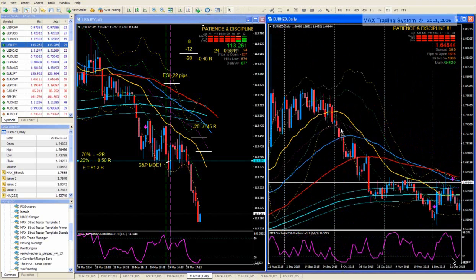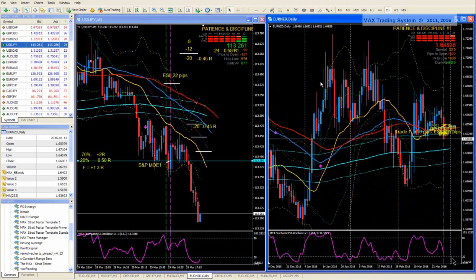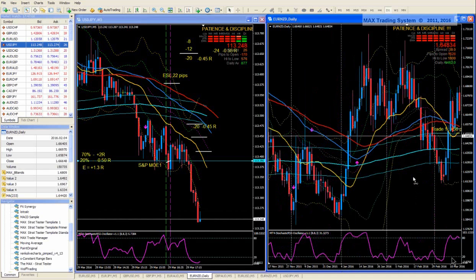We have with the MAX ETF a nice movement to go short, and sometimes the price can be in a complete choppy mode. What may be a nice trend in one time frame may be a choppy mode in another time frame. But you will have exactly the same setups. The setup definitions are exactly the same. The rules are the same. The way to place the stop loss and to adjust the stop loss are the same. The way to make the MX, the scale-ins, and the XTX are exactly the same. Okay? So same chart, same template, same rules.